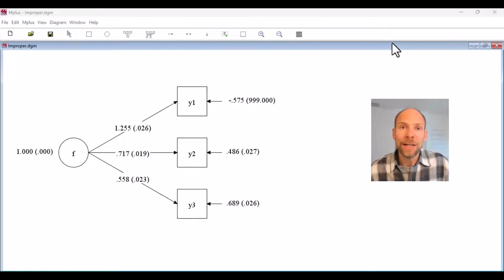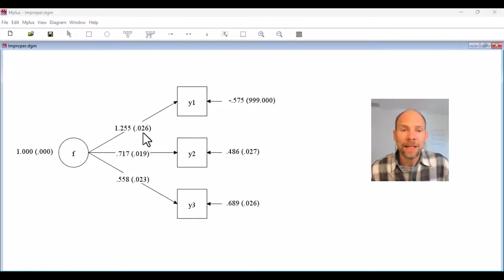In this video, I want to talk about factor loadings greater than 1 in confirmatory factor analysis, which confuse many people. So let's talk about this. Here I have a simple factor model with a single factor and 3 indicators, and you can see that in the standardized solution depicted in this diagram, there's one factor loading that is